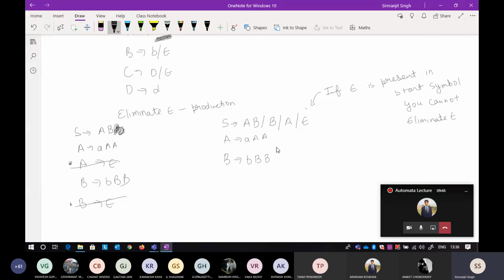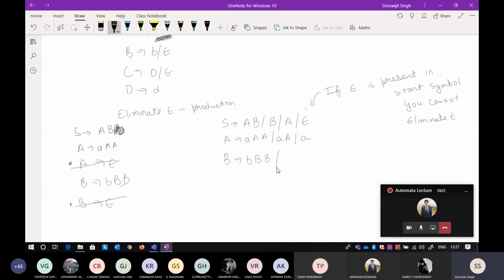Now for this one, I have eliminated this production, so first put a as epsilon. Now it becomes a followed by a. Now put this a as epsilon, and it will again be the same thing: if I put epsilon here, it will be a, and if I put epsilon here, it will be a. It is the same, so I am not including it again. The third time, you put epsilon in both of them, so it becomes a. That is fine.